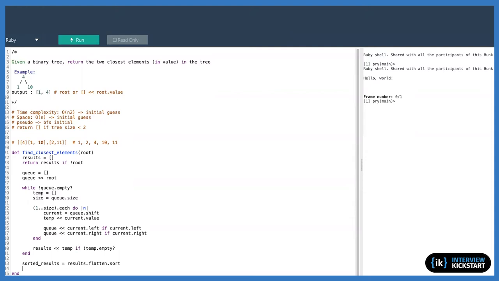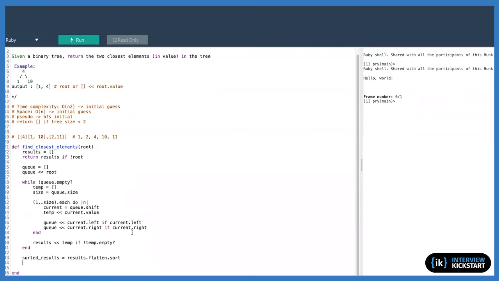Here we'll do the check to make sure there's at least 2 elements in here. So even if there's 1 in there, we'll just return, if it's less than 2. Else we can return